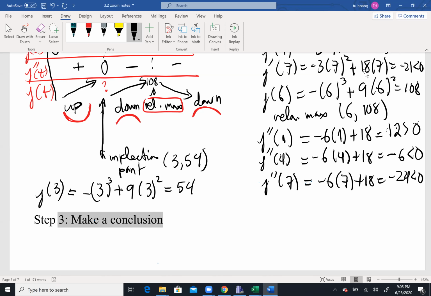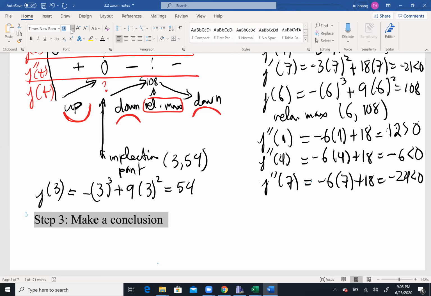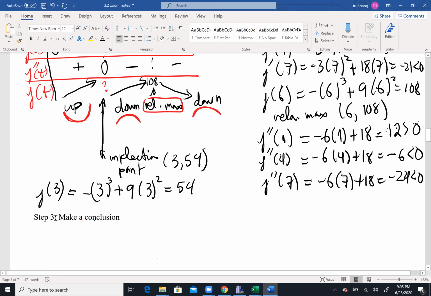So always follow these 3 steps in order to find the behavior. So let me see. Step 3. I want to change this to become 12. Mark this one. Okay. So in order to make a conclusion,